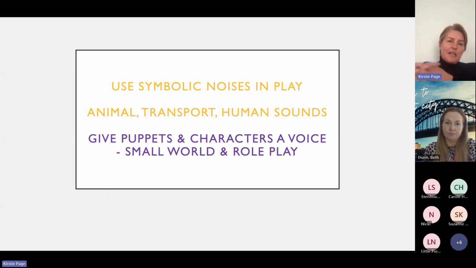Another important thing that we want to model is that we give puppets and characters a voice. That's particularly important for our small world and our role play. It's important for language, and it's important for imagination. But giving characters a voice is also really important for the development of empathy. So on Launchpad, we talk about this in that projection